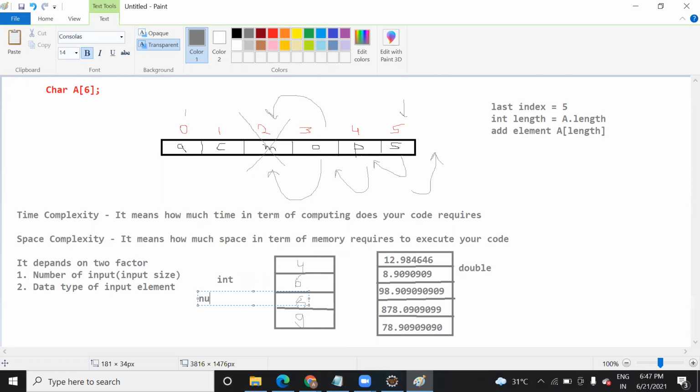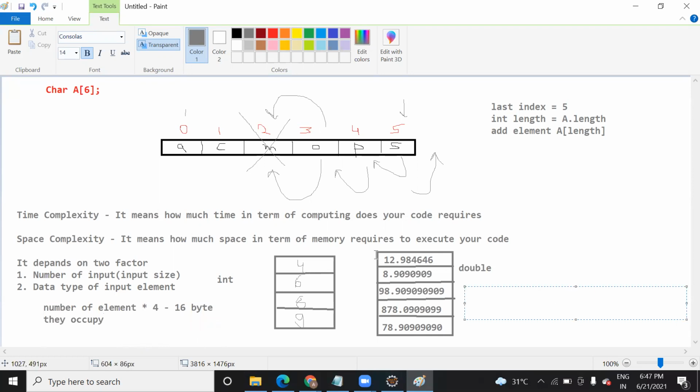So it will be the number of elements into 4, which is 16 bytes. They will occupy 16 bytes only.